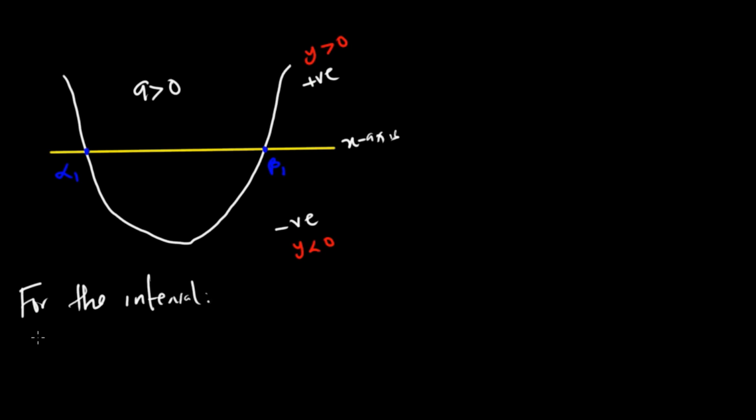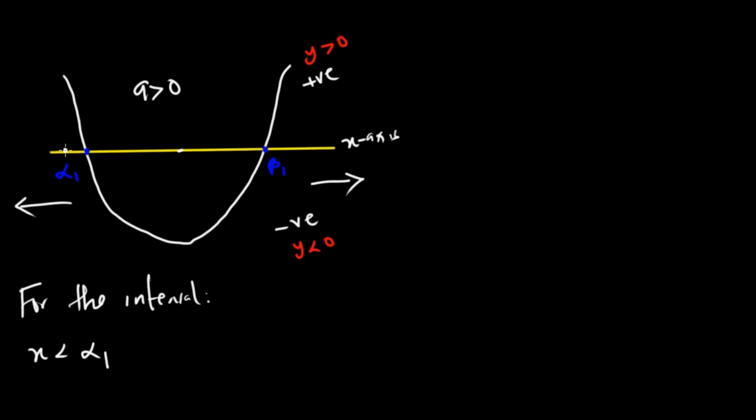So for the interval x less than alpha 1, since we know this is our x-axis in yellow, everything less than alpha 1 is towards the left hand side. Or if you have x greater than beta 1, everything greater than beta 1 is towards the right hand side. So if we have this point, for example, which is x less than alpha 1,